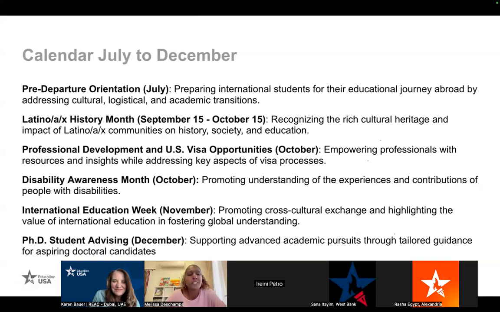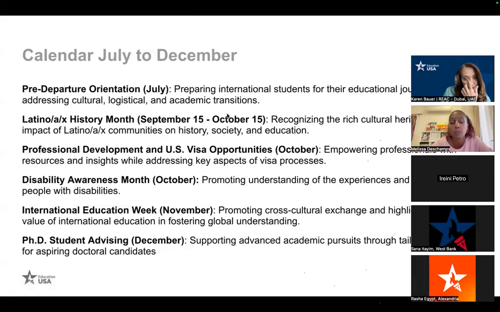So continuing with some of the different themes, I think many of you know, July and or a little bit earlier, depending on what kind of visa considerations you are thinking about, is a good time for pre-departure orientation. Again, we've had advisors work together in some instances on particular topics. And so there's been a series of sessions that cover some of the logistics, how to pack, what to pack, things to consider at the airport, and then also adjustments. So there are different things you can think about for virtual components of a pre-departure.